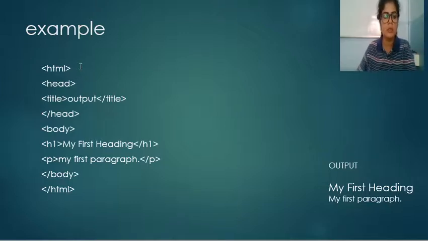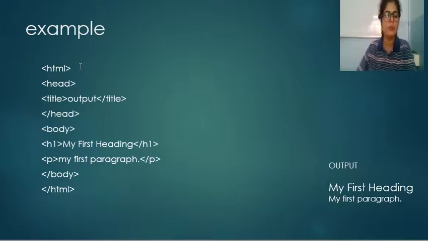For example, you want to save it with name 123. So you will provide name as 123.html. If you don't write .html, it will not create a HTML file or a web page. So after saving the code, it displays you an icon on the location whatever you have chosen. So suppose you have chosen desktop as a location, so it will create an icon on the desktop. So what you have to do to check the output is double click on that icon.